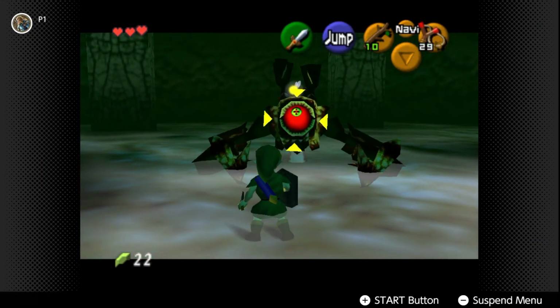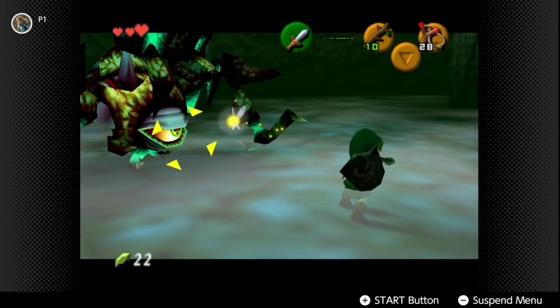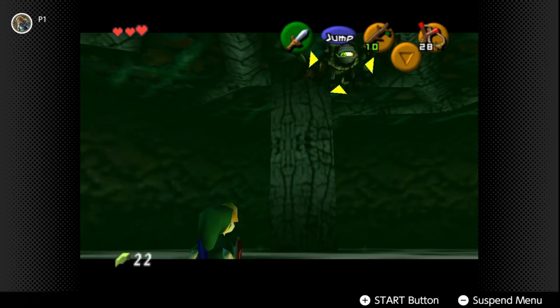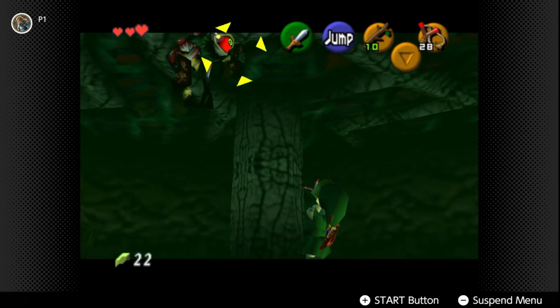And now what you want to do... Oh, whoopsie. Messed that up. Basically, when his, or her, sorry, I forgot it's the queen, when her eye glows red, you're going to want to shoot the slingshot at its eye to stun it, and then you go ham in with the sword. Occasionally, she'll climb up like this. As long as you just wait for the eye to glow red, and you lock...